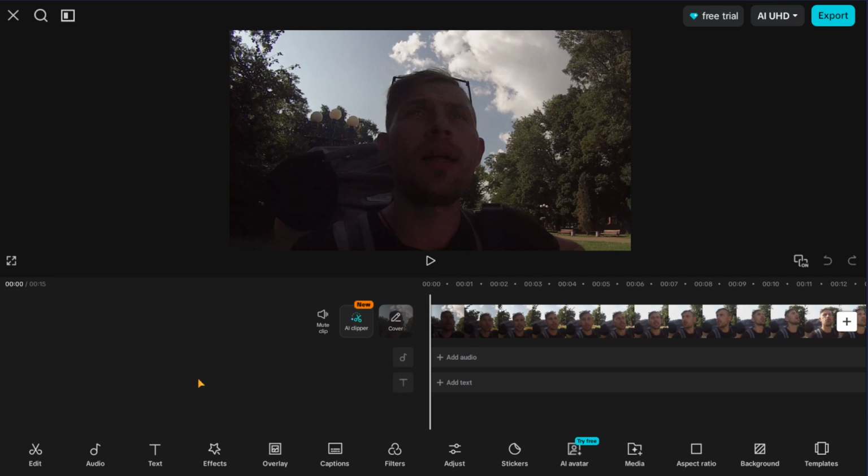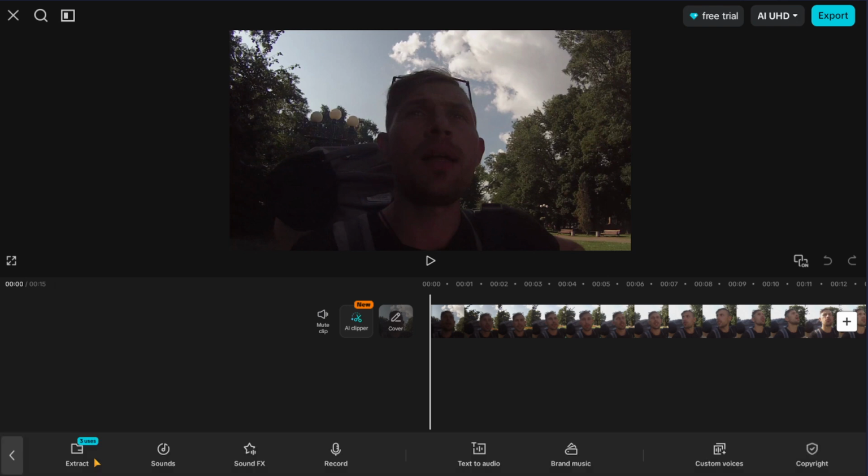Next, click outside the timeline. This just means tap on an empty area so no specific clip is selected. Deselecting prevents your audio from being attached to a single asset in a way you don't intend, and tells CapCut you're about to work with the overall track instead of a particular piece. If you're unsure where to tap, look for a blank space around the tracks and tap once until nothing shows